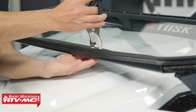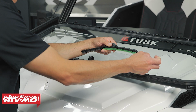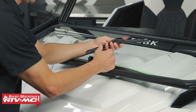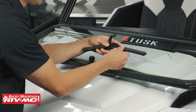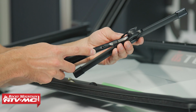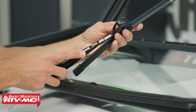You can just press in on those with some pliers, remove it. Next thing I'm going to do is remove this protective cover from the wiper, and then we've got 2 tabs on each side of the wiper. We're going to press in on those and pull up on the plastic cover. Once you've done that, you can take the wiper arm, slide it through that cover, hook it onto the wiper,